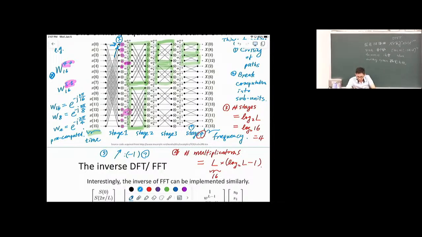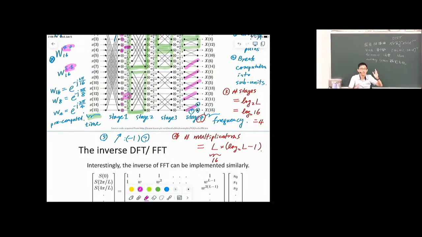You cannot perform summation right here and have them appear to be the same. That shouldn't be the case. So one of the arrows right here has to be a change of sign, probably this one. That's what I remember. But the important thing is that even with the change of sign, the last stage